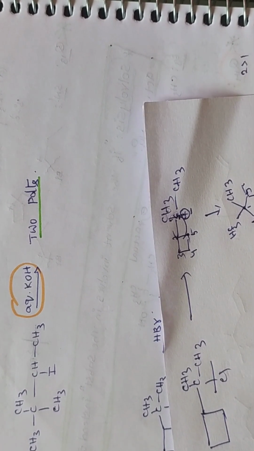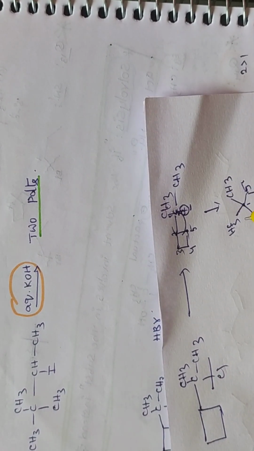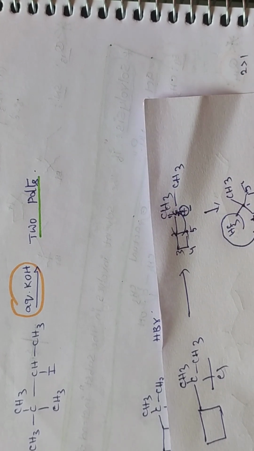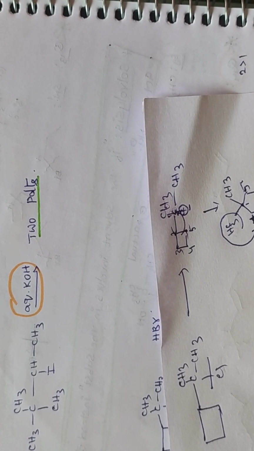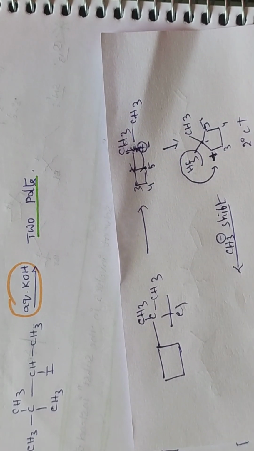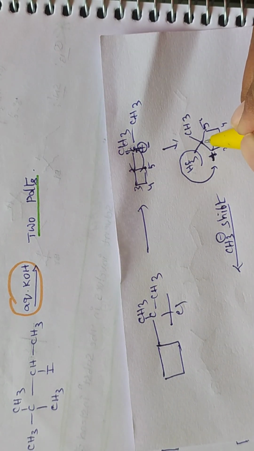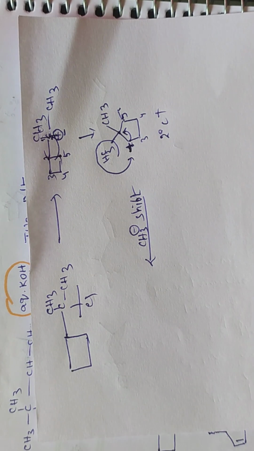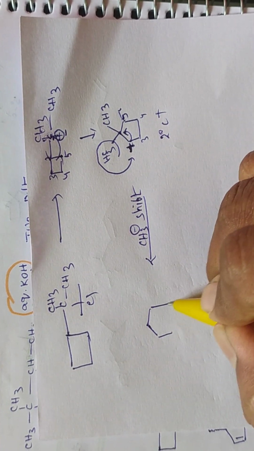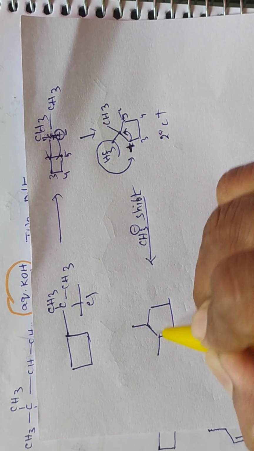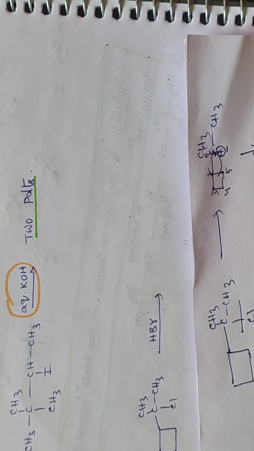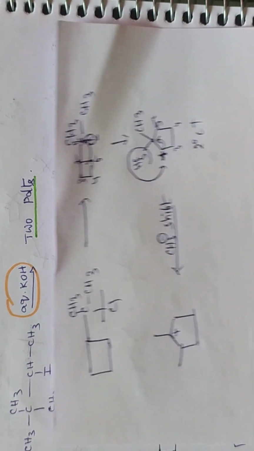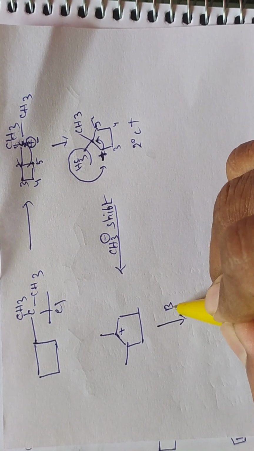Now this is a 2-degree carbocation. Compared to a 2-degree carbocation, a 3-degree carbocation is more stable. So here a methyl shift is going to take place. Now when the methyl shift takes place, the positive charge will shift here, and then we get a 3-degree carbocation. Now the attacking species, a nucleophile: here Br minus is the nucleophile. That nucleophile is attacking over the carbocation.